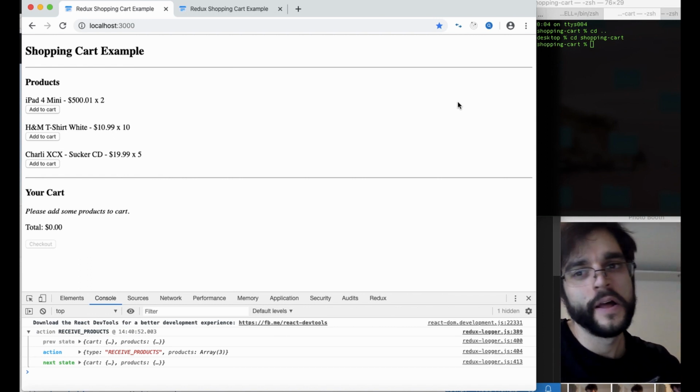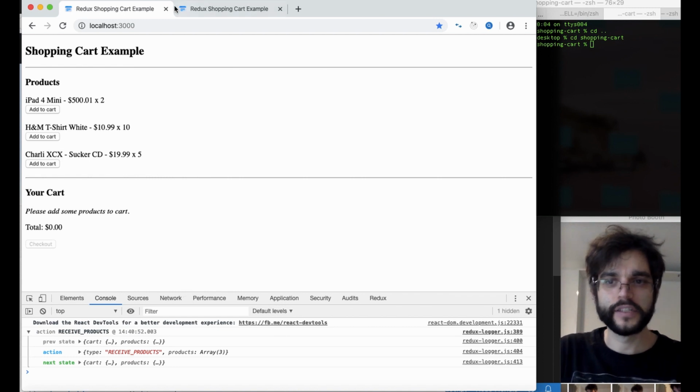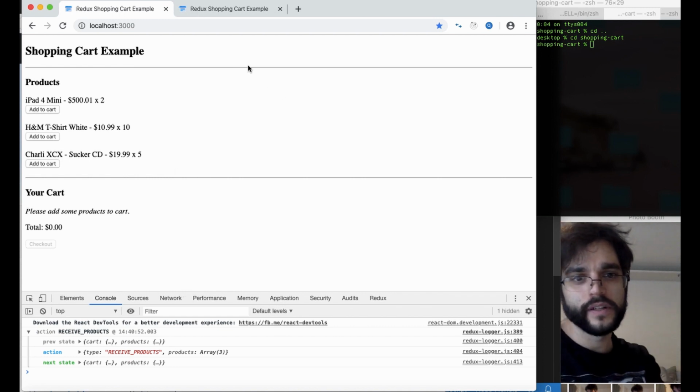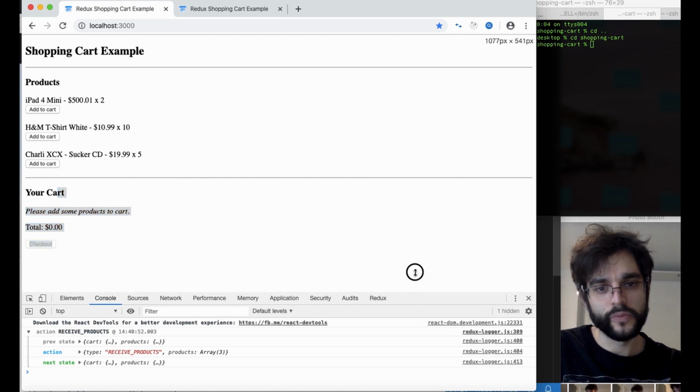Okay, great. Now that we have that up and going, let's take a look at what's happening here. The Redux shopping cart example is rendering a shopping cart, and we have two sections: a products section and a cart. If you bring up the console in your Google Chrome,